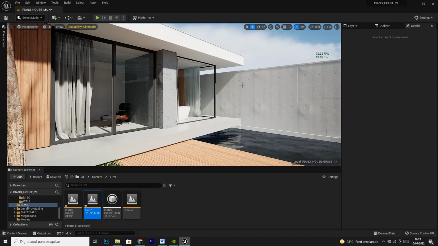Do the test in your project. If you are following the same project here, piano house, activate, disable, adjust, change. Try to find other values. If you're following the course as a personal project, try to change things, remove things. The translucency, so enable the ray tracing. That way you're going to understand when to use,